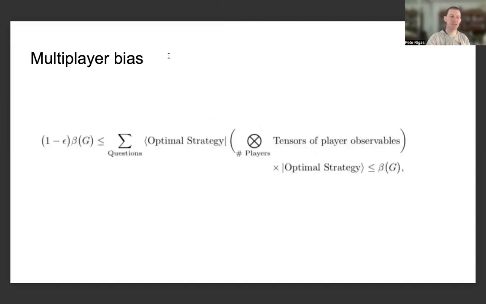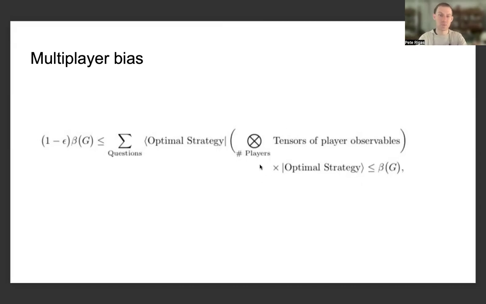And the multiplayer bias, as one would expect, can also be used to characterize optimality, because there's a very similar type of expression for optimality of the bias, namely there's some 1 minus epsilon multiplicative factor, which is given by the bias, and this is upper bounded by a summation over the number of questions of mixed quantum states or expectation values, which are given by bras in the optimal strategy and kets in the optimal strategy,